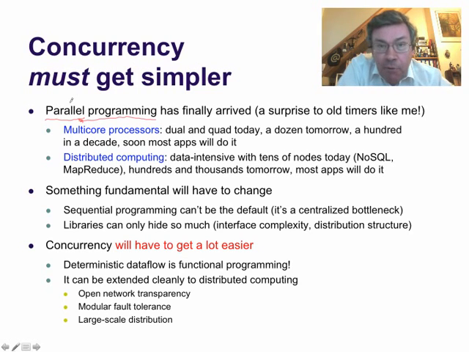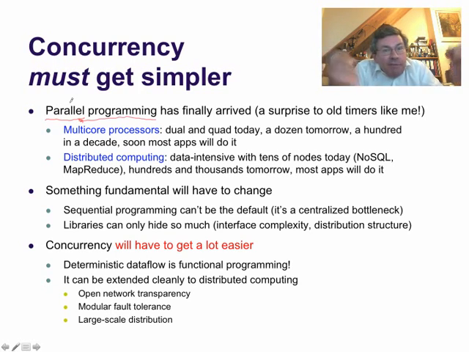As an old timer, I remember in the 80s and 90s, people were building parallel computers, but it was kind of a joke because you would take the fastest sequential processor, then you would put it as the processing element in a parallel computer, and then you would have a great parallel computer, but by the time it took you to put this in the parallel computer, a new and even faster sequential processor would appear, so your effort was kind of in vain. So parallel programming was always the technology of the future, never the technology of today. Well, those days have finally ended. Since the early 2000s, this is still a kind of surprise to an old-timer like me.